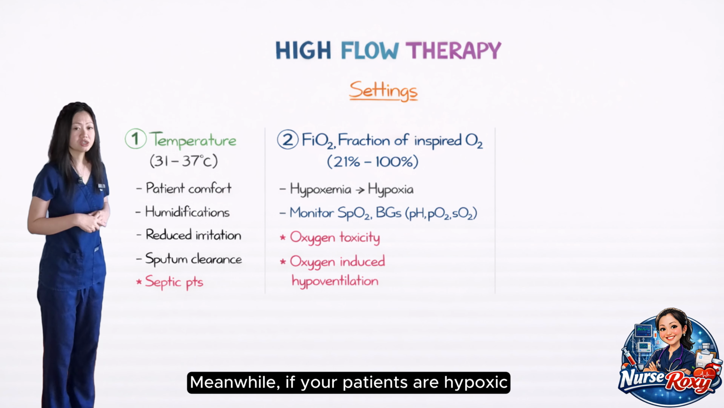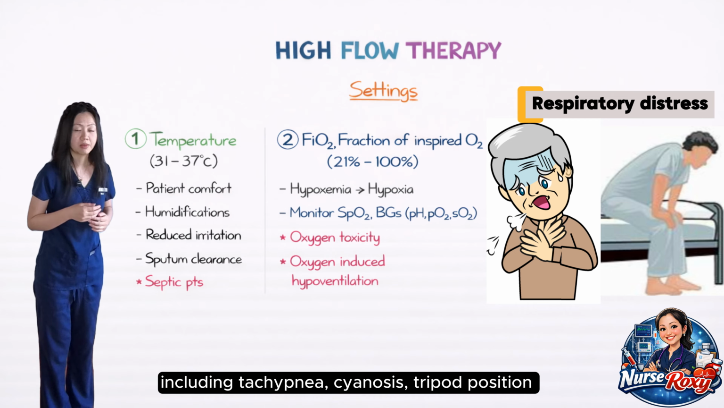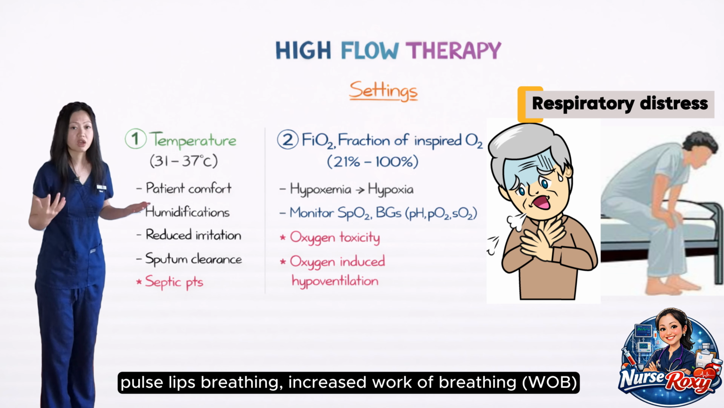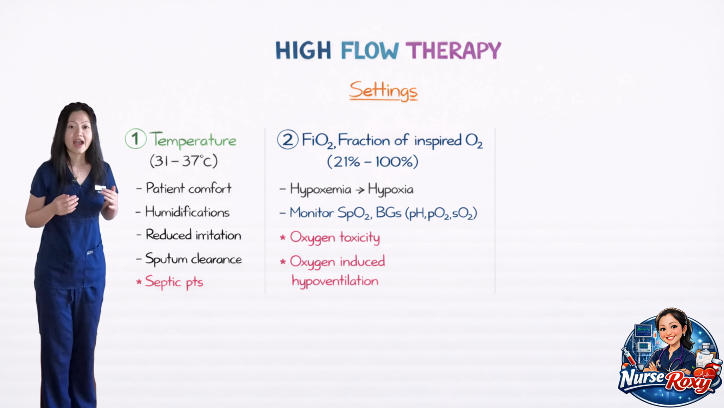Meanwhile, if your patients are hypoxic, they should be presenting with clinical signs of respiratory distress, including tachypnea, cyanosis, tripod position, pursed-lip breathing, increased work of breathing, and so on. High flow therapy can deliver up to 100% of FiO2, and as much as we want to give a maximum amount of oxygen to our patients, too much oxygen can also cause